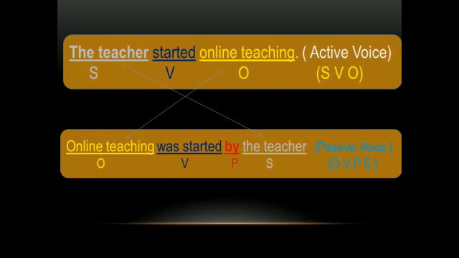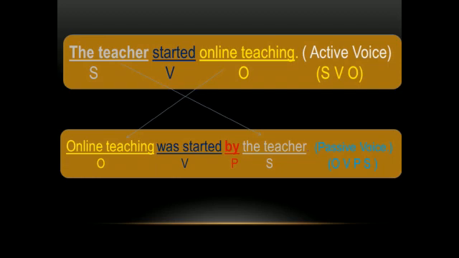For example, online teaching was at the end of the sentence in active voice. And now in passive voice, where do you find it? You find it at the beginning of the sentence, right? So that is an important swap that you have made. Accordingly, the teacher, which was at the beginning of the sentence in active voice, where do you find it now? You find it at the end of the sentence in the passive voice. So what would be the structure in the passive voice? It would be